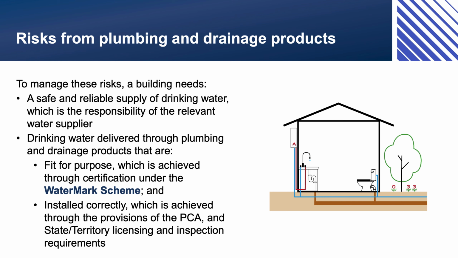Ensuring that plumbing and drainage installations are safe involves ensuring that the water supply is safe for use, sewage is safely evacuated for treatment, plumbing and drainage products are appropriate and safe for use, and plumbing and drainage products are installed correctly. Water suppliers are responsible for the quality and the reliability of water supplies. The suitability of plumbing and drainage products is managed through WaterMark certification. Installation is managed through the provisions of the Plumbing Code of Australia or PCA and state and territory approvals and